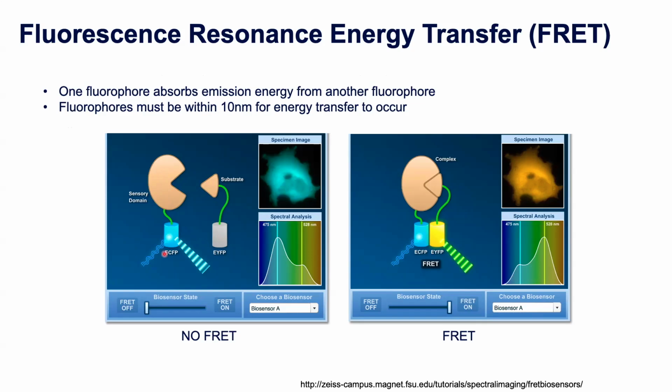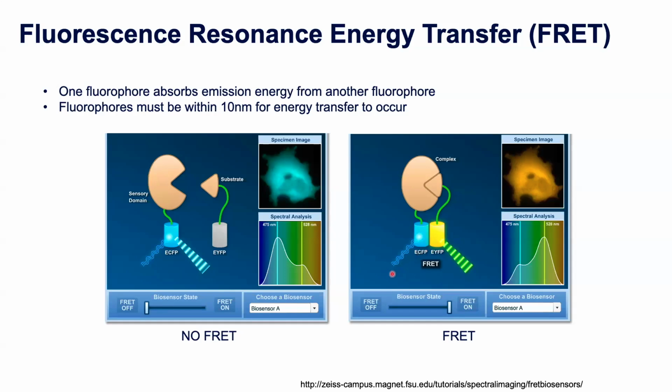So when it doesn't bind, you can see here that we're exciting our CFP molecule, and that is emitting the light out from the CFP molecule at about 475 nanometers. When these two substrates and sensory domains come into place, this brings the YFP fluorescent protein into close proximity with the CFP molecule. And for FRET to occur, that needs to be within about 10 nanometers for that to work